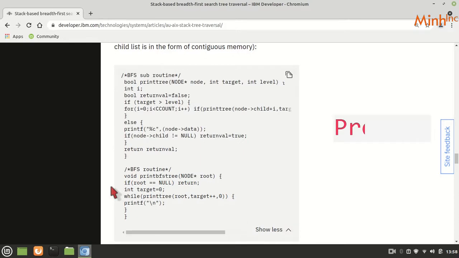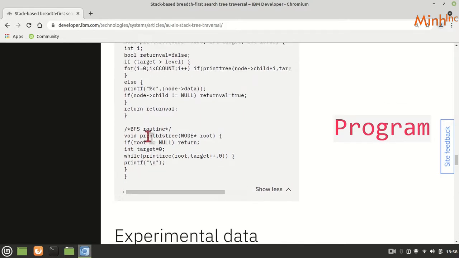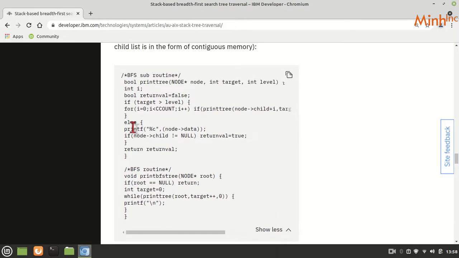in this program, this is the function which will give the BFS. This function calls the actual BFS algorithm multiple times in a while loop, and every time it is changing the target. Initially it is 0, and every time it is increasing the target. Level by level it is printing, and tree traversal should start at the root node, that is level 0. Here it enters with a target, and level is 0.